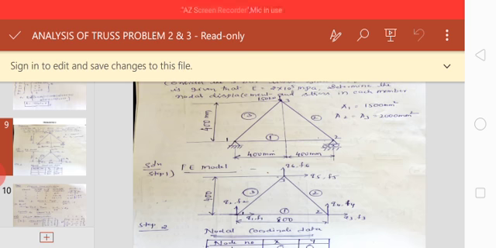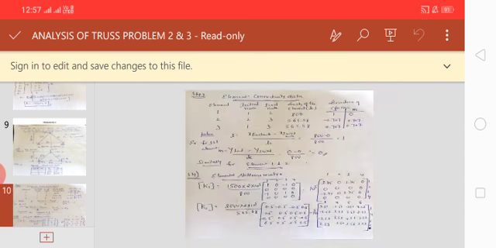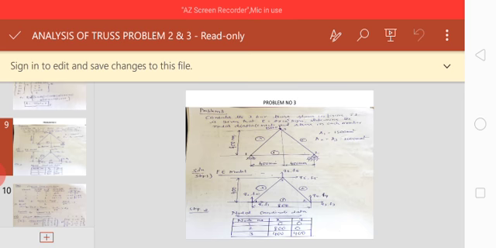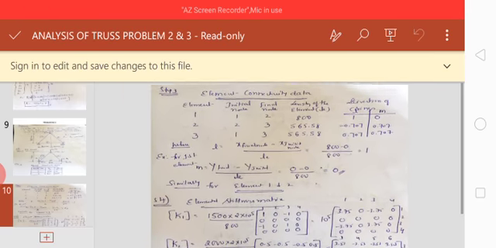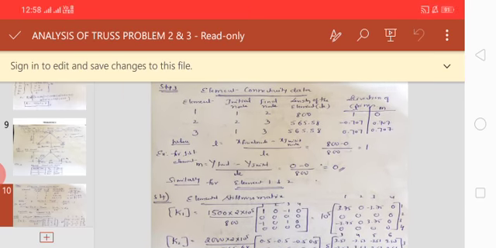Whereas for the second and third element they have not given the length, but we can easily calculate it by using the process called Pythagoras theorem. If you apply Pythagoras theorem for the second element, we are going to get the length as under root of 400 square plus 400 square. If you do it, you are going to get the length of the elements, that is 565.58 mm. I got the same value for both the elements.